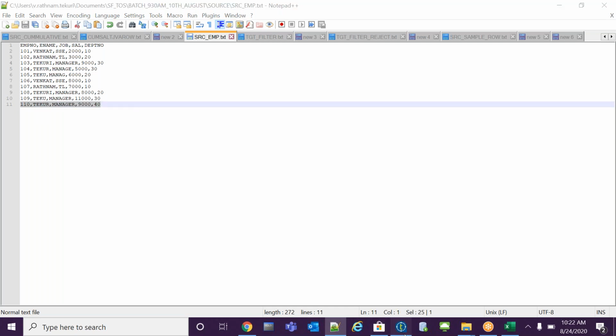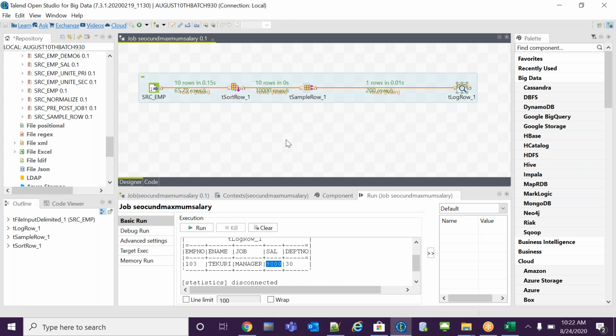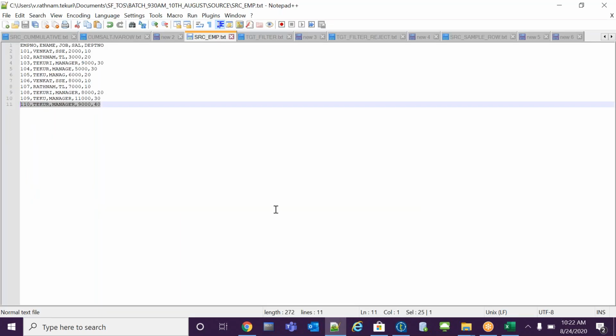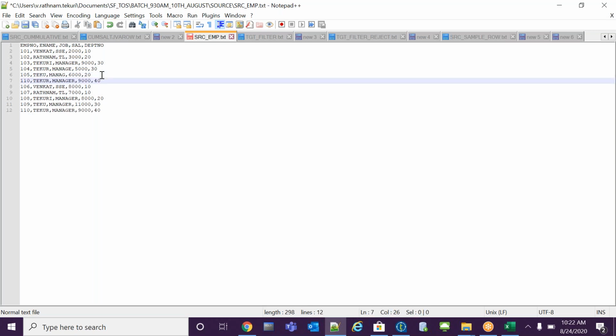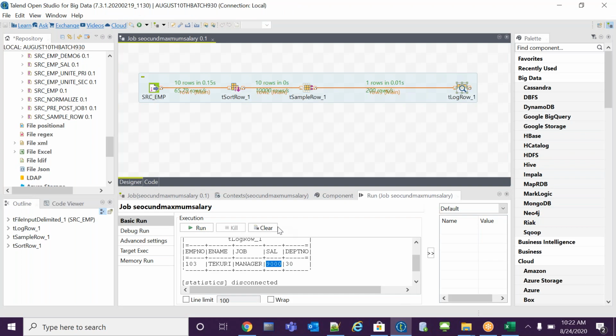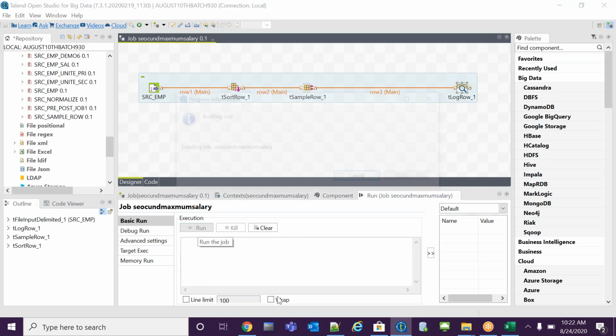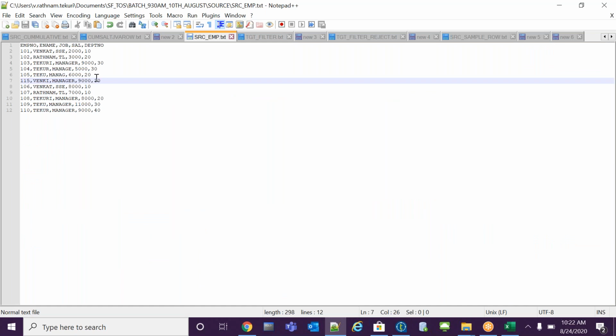See, with the same logic defined here, I'm getting only one employee. Suppose one more employee is there in between, 115, also getting 9,000, but his name is different. Assume that Venki. When I run the job, I'm getting only one record, but three people are getting the same value.